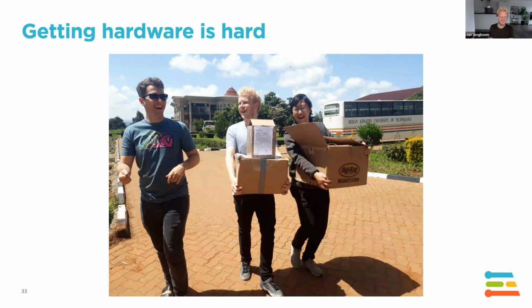So we drove over, and this is the box you saw in the very first picture I held above my head. We drove over to the airport in Arusha. I bluffed my way through security that actually checked everyone that's going out, and customs. I walked into the arrival hall. There was no one there because, well, there were no planes arriving. I saw my box, the one that they didn't want to give me back. And I just took it and I walked out. This is the kind of stuff you need to go through.